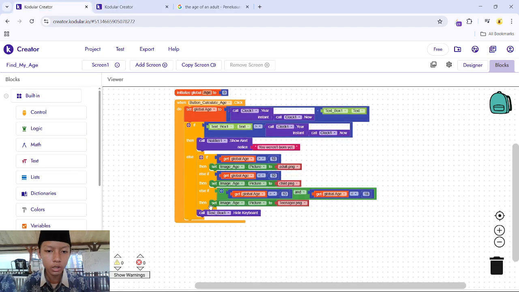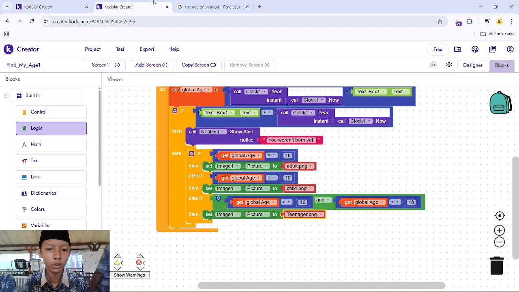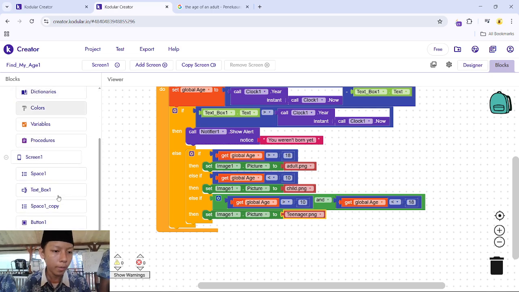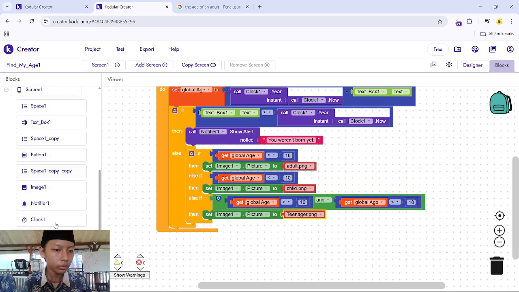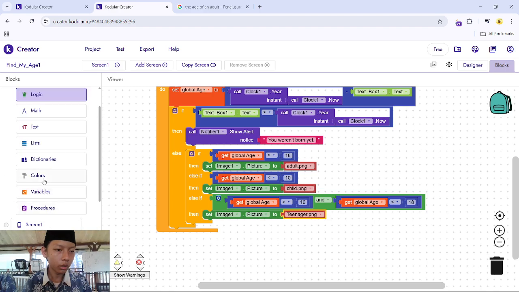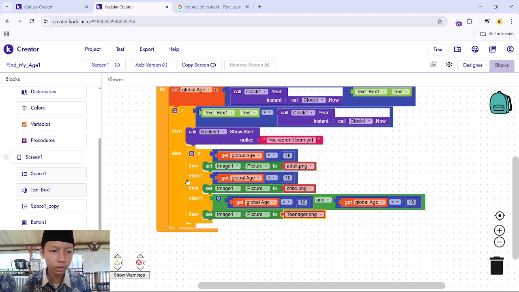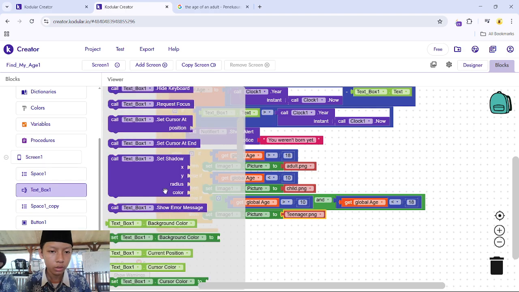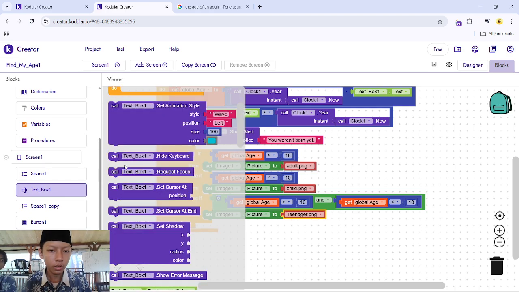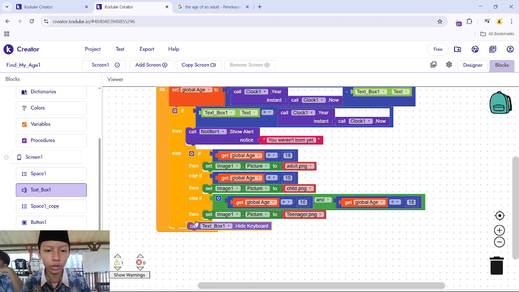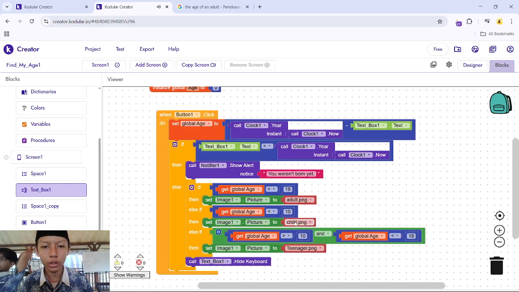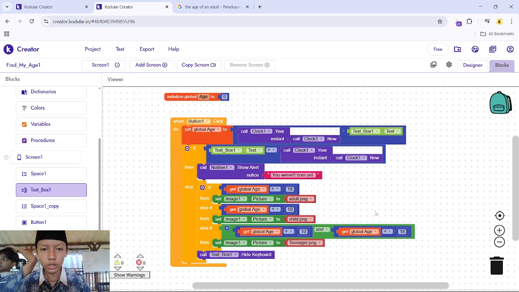And for the last is for the text box hide keyboard. Wait, text box, this one, this code. Okay, so for the final code is like this,